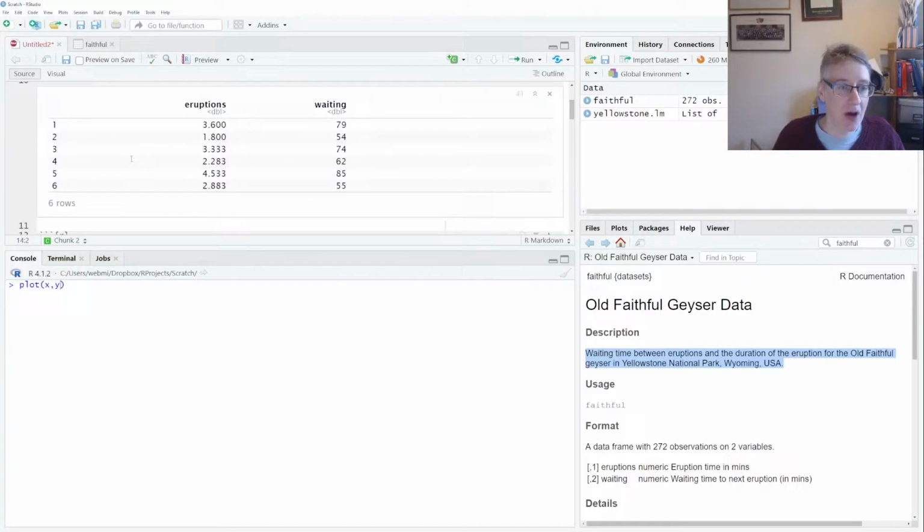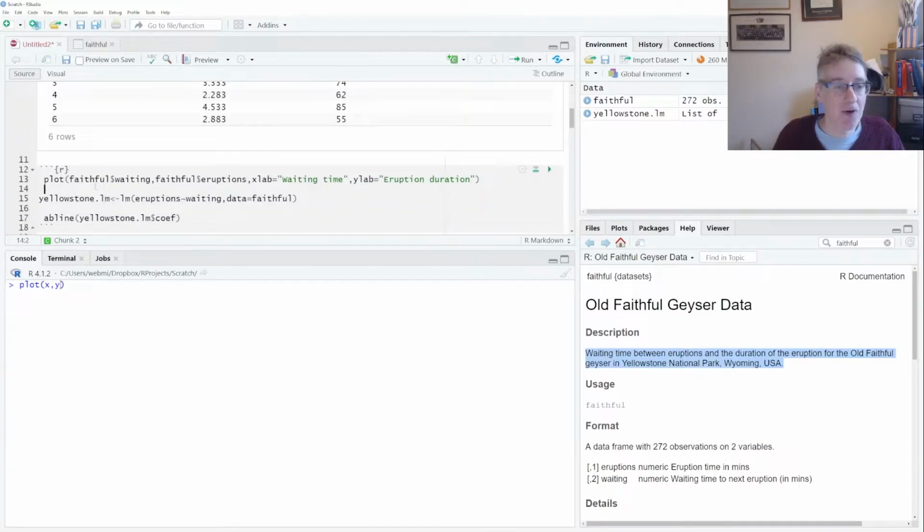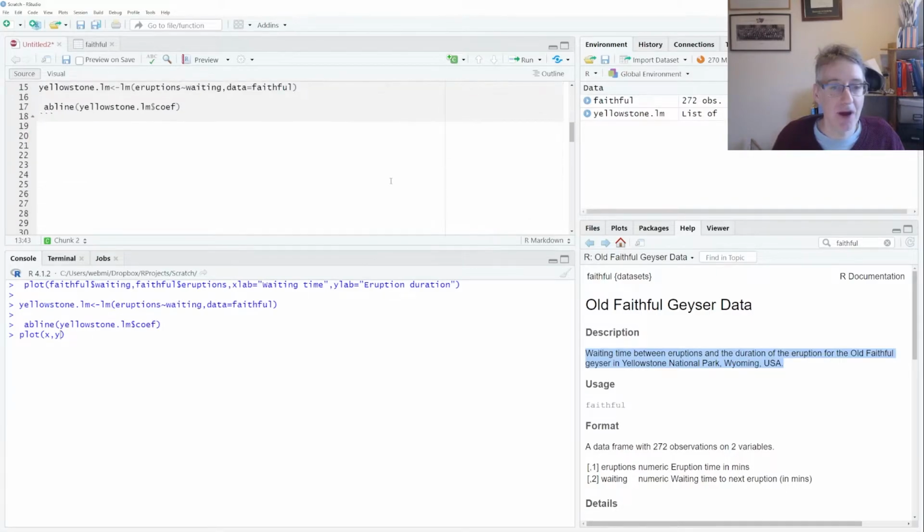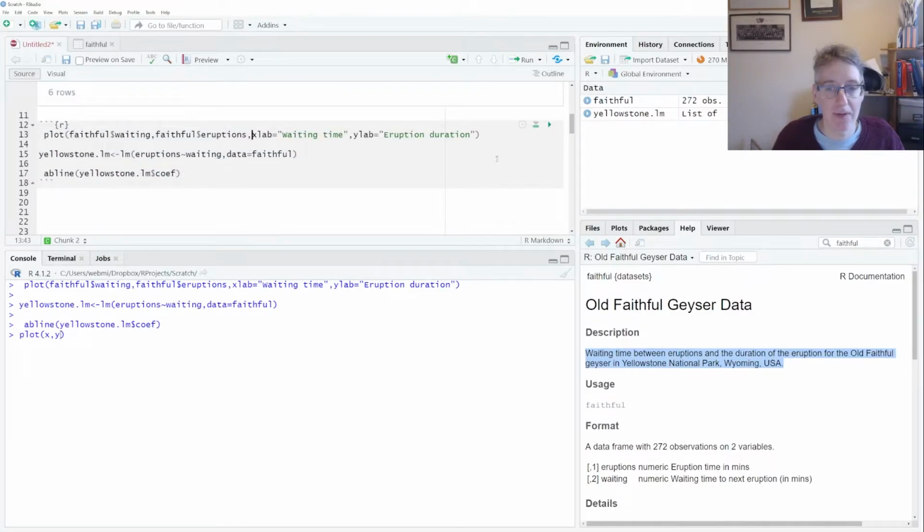So we've seen that faithful has a column called waiting and a column called eruptions. So the x-axis is going to be faithful$waiting, and the y-axis is going to be faithful$eruptions. This is the waiting from the dataset faithful. Remember, the dollar sign tells us which column of the dataset to use, and the rest of the command just tells us what the x label and the y label are. Okay, so if we run that first command,